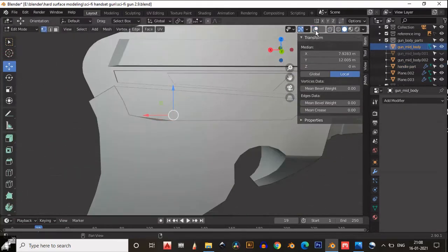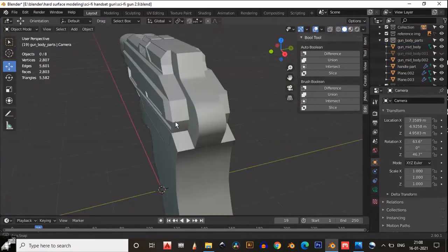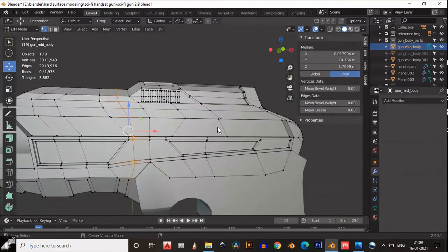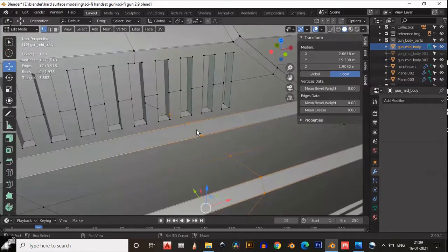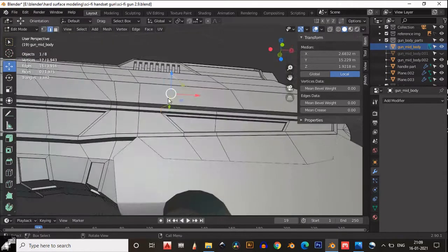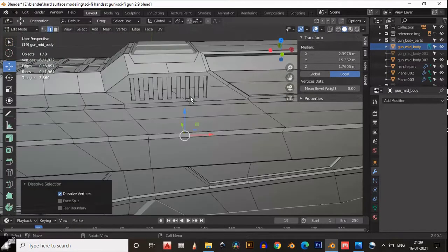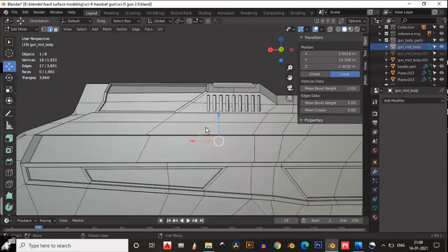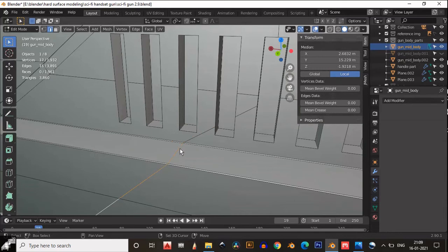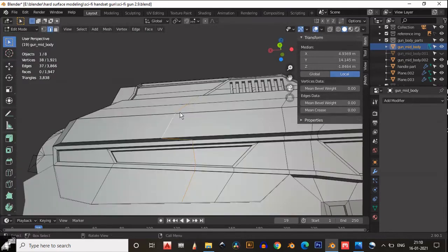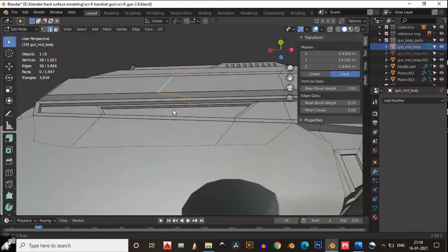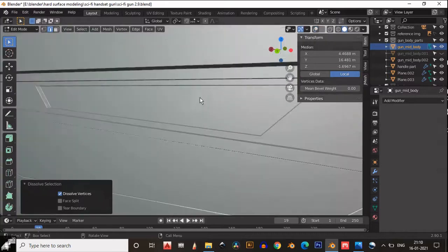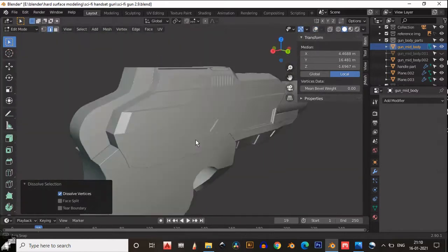So before that, get a proper shape for your mesh, for your object. And you can see we don't need this edge, so you can dissolve that edge like this. Do the same process for the whole mesh. Just reduce these edges which are not necessary there.